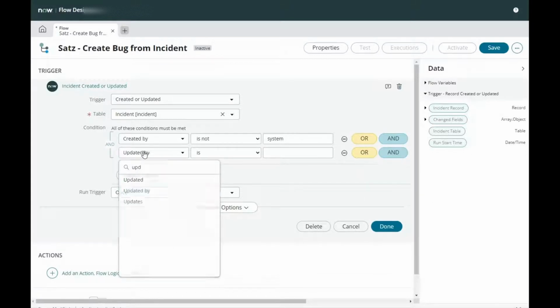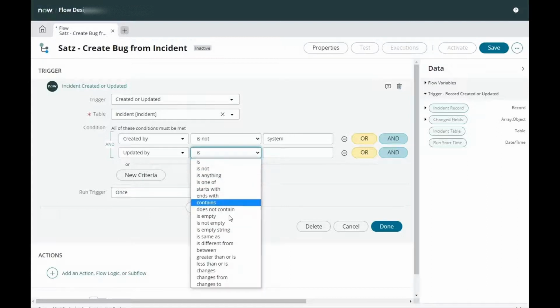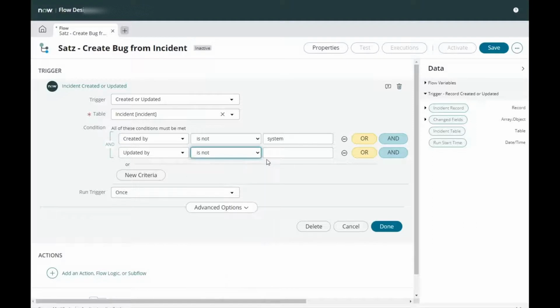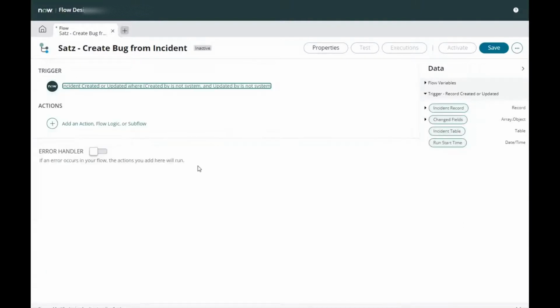So updated by is not system. Okay, I will just do it like this,